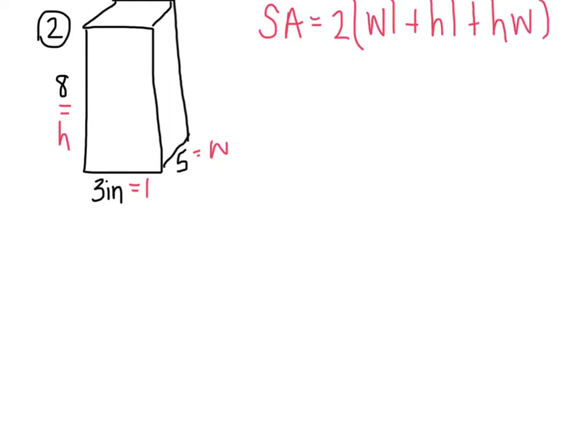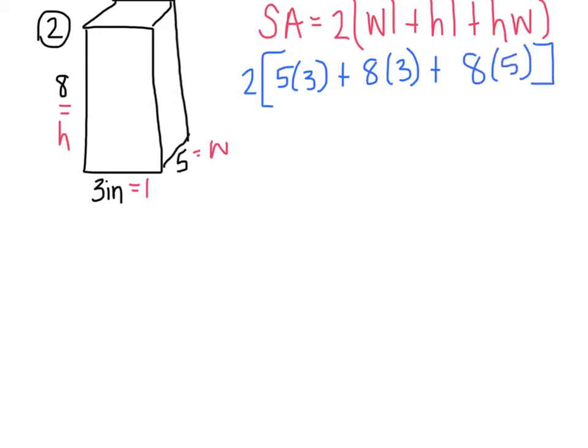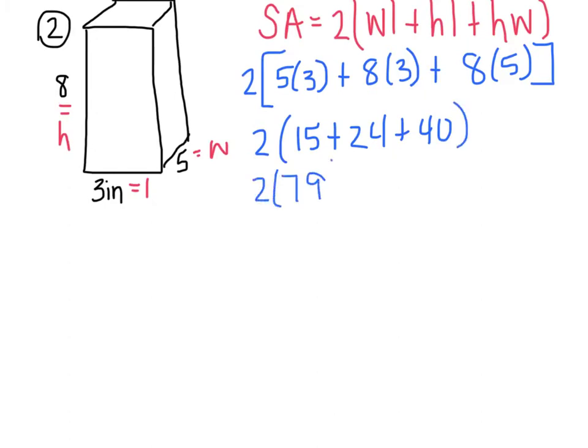So now let's go ahead and start plugging in our numbers. 2 times width times length, which is 5 times 3, plus height times length, which is 8 times 3, plus height times width, which is 8 times 5. So 2 times 15 plus 24 plus 40 equals 79. So 2 times 79